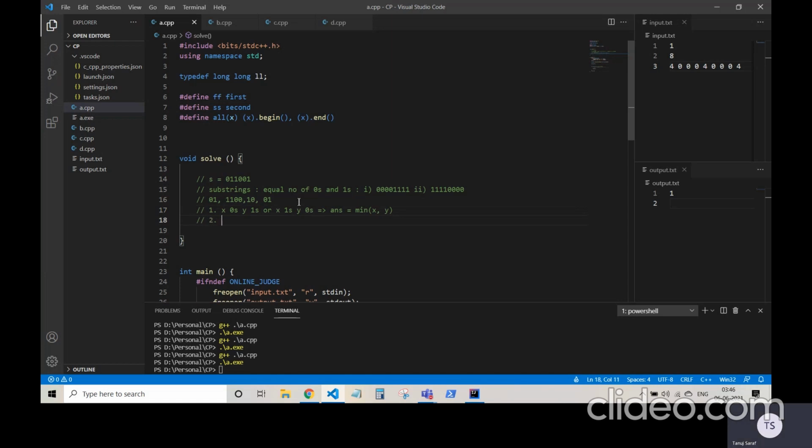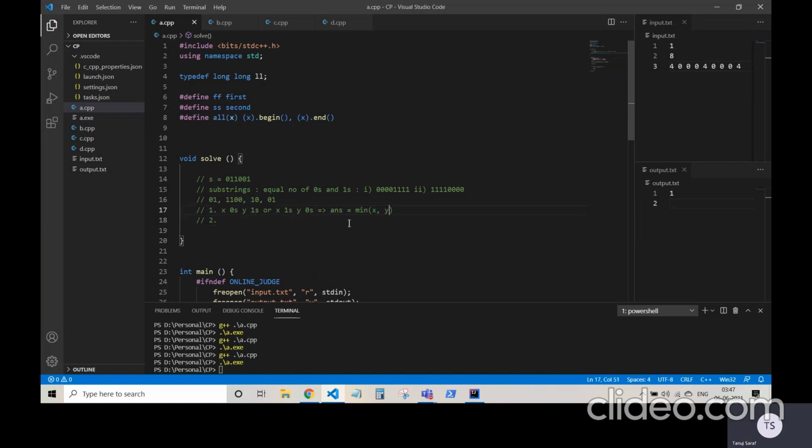Hope you can visualize why this is true, because let's look at this one, 1 1 0 0. If it has an equal number of zeros and ones, now if I just remove this first one and I remove this last zero, that is I have removed an equal number of zeros and ones from the prefix and the suffix. So what I'm left with is still an equal number of zeros and ones, and they would still be grouped together, making it a valid substring, right? So this is the case over here. When we have x zeros in the prefix and y ones in the suffix, then it would be equal for min of x comma y.